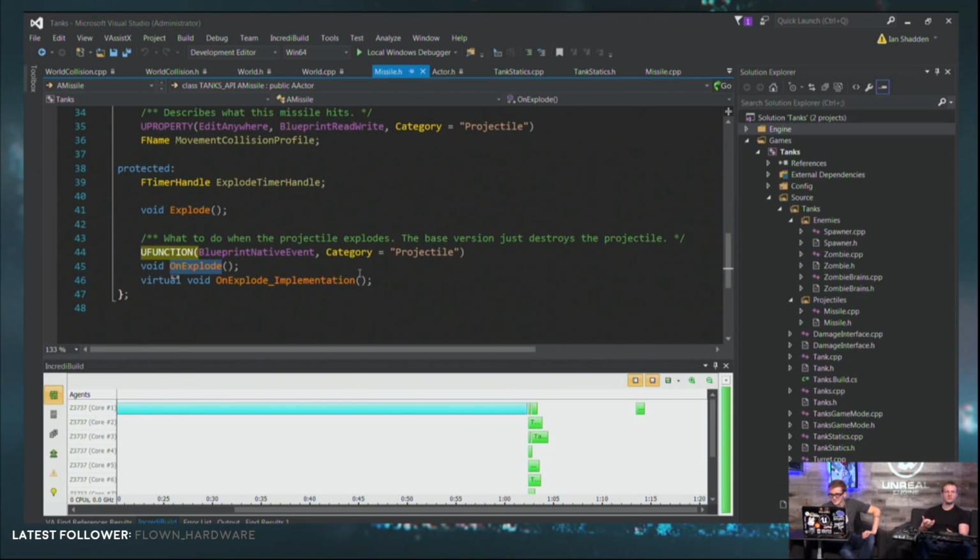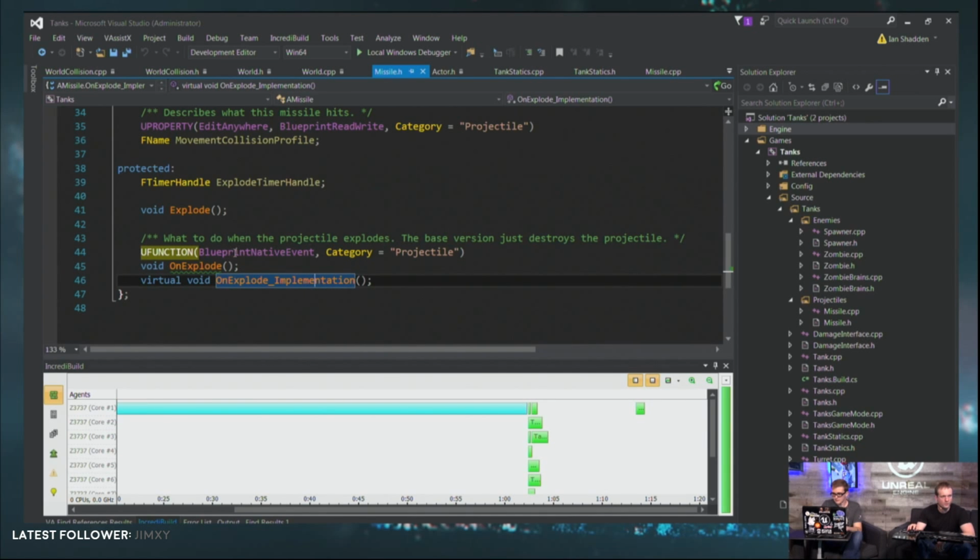So when the projectile explodes, we don't necessarily know what to do. We might have a different type of explosion or a different gameplay effect based on what the missile is, and someone other than a programmer might want to implement that. Especially if it's an art thing, if it's going to spawn particle systems or induce some camera shaking or anything like that. It could be just anything. I don't know what it is as a programmer, and I don't need to. I just need to put a hook in so that whenever this happens, someone on the art team can say, when this type of missile blows up, I want to do this art thing that I have in mind. And that allows me to do it.